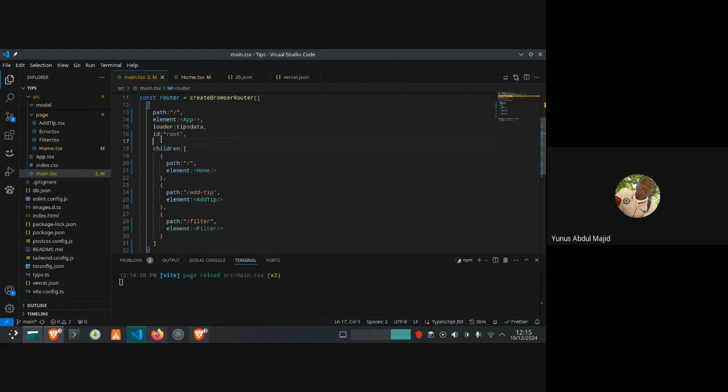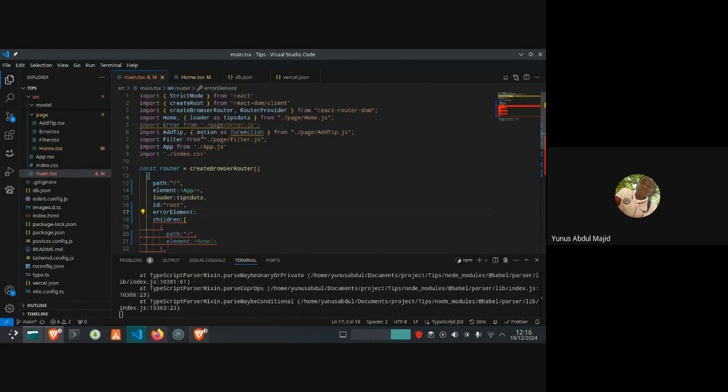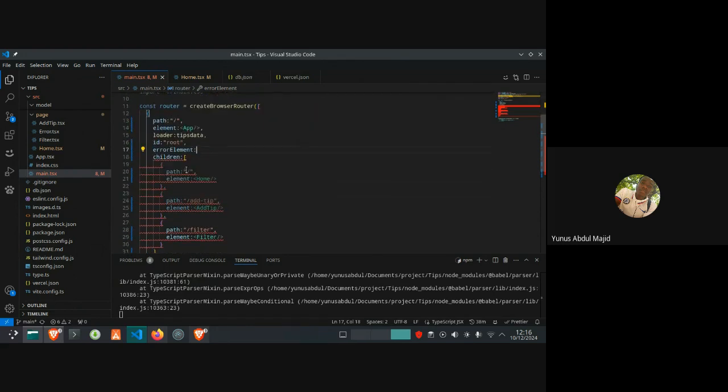So I'll just undo it here in the root. We press control space and make use of errorElement and pass this error component as its value.